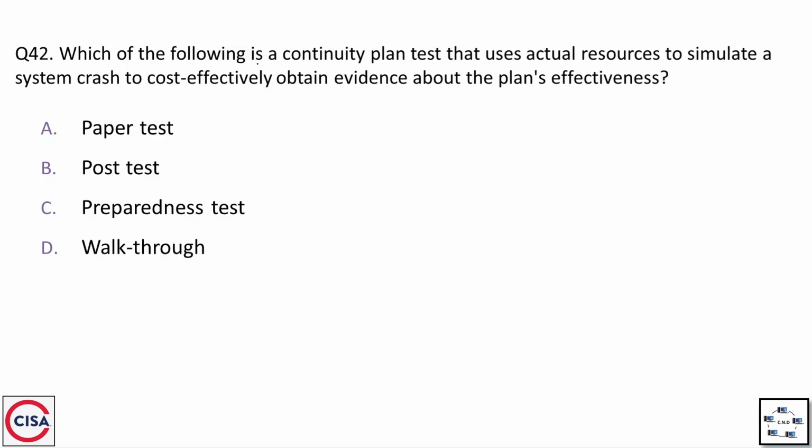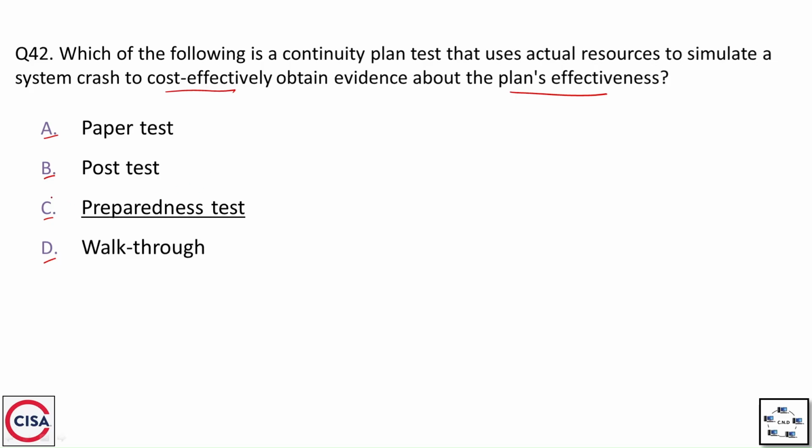Question number 42. Which of the following is a continuity plan test that uses actual resources to simulate a system crash to cost effectively obtain evidence about the plan's effectiveness? And the options are option A, paper test, option B, post test, option C, preparedness test, and option D, walkthrough. And the correct option is